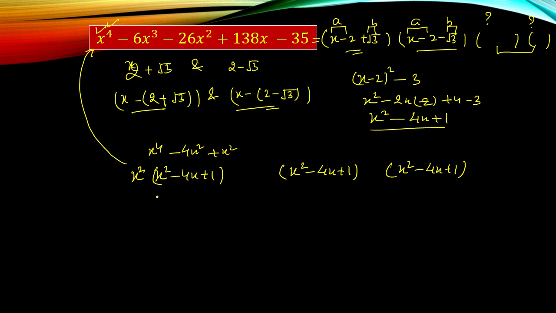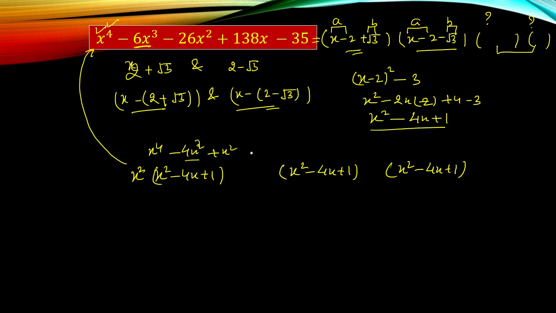So we have to multiply this x square here and here also, multiply as the same. Now second task is 6x cube, but we have x square multiplied by x square, x to the power 4, x square multiplied to 4x, that is 4x cube, sorry, x square multiplied to 1, that is x square only. Our next task is minus 6x cube, but we have 4x cube only. 4x cube we have, and our task is 6x cube. 4x cube negative, 6x cube negative, only minus 2x cube is required.